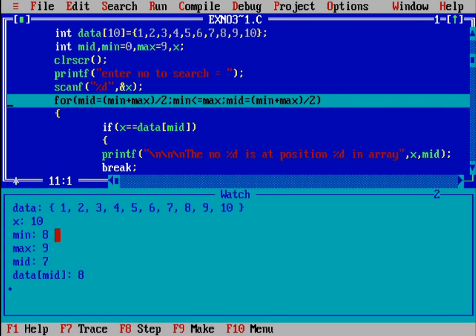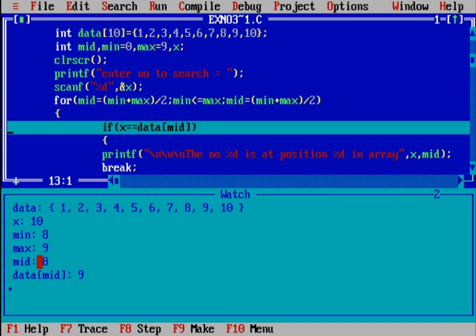now we go to the next pass, pass 3. Our new min is 8 and max is 9. Again we calculate the mid. 8 plus 9 by 2, that is 8. Our mid is converted into 8. See, now our mid is 8. So what is available at the 8th position? It is 9.